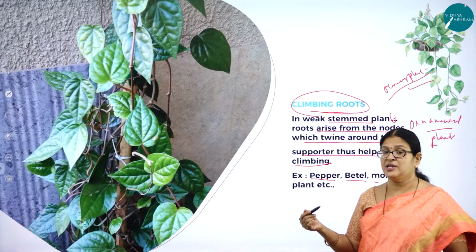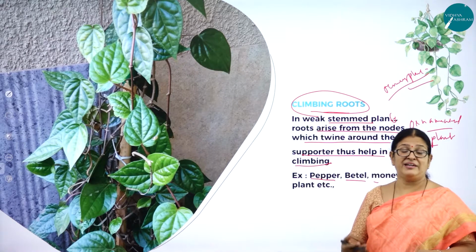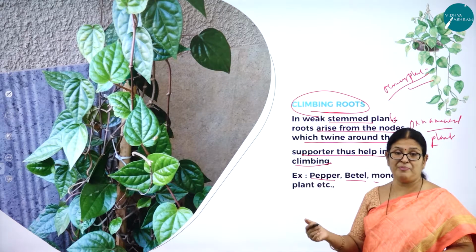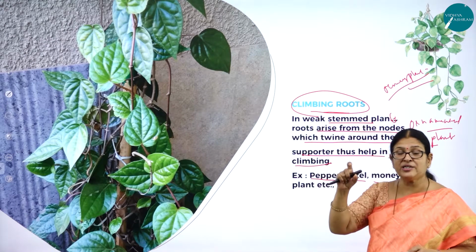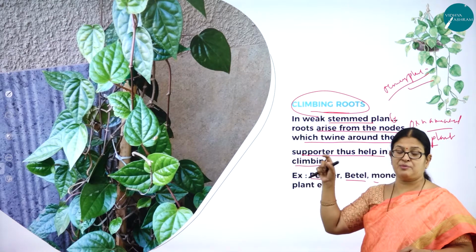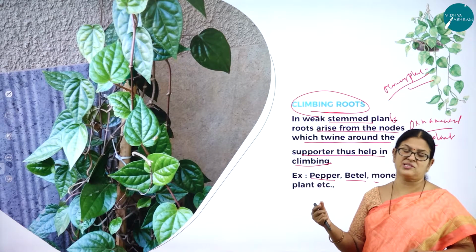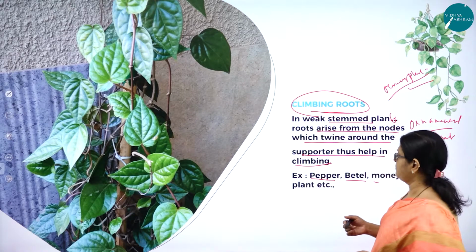See how beautifully the plants have come out with their own strategies and design. Because they have a weak stem, they take the support of the other plant with the help of the hook-like roots, so that they can cling to the host body or the supporter and then climb. All these are strategies which the plants come up with to carry on their daily functions. That is the beauty of plants.